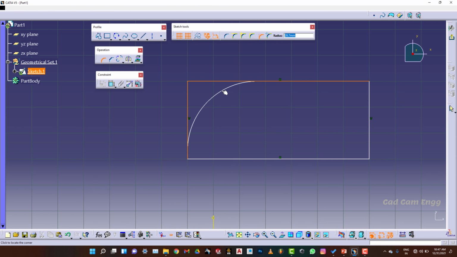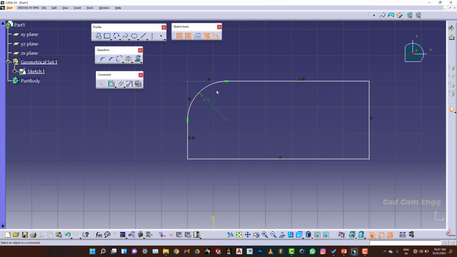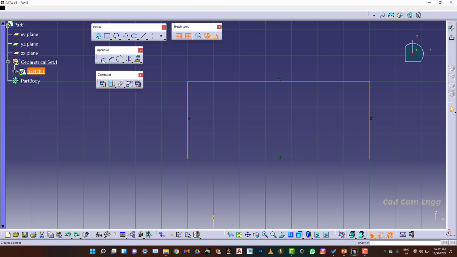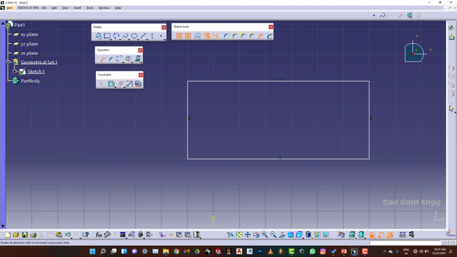If you give the radius, construction lines will come. Next I am going to press Ctrl Z. After that I select this again, with construction lines no trim. We select both the edges and give the radius, and construction lines with no trim will come.